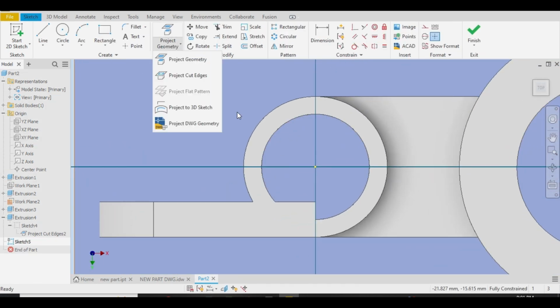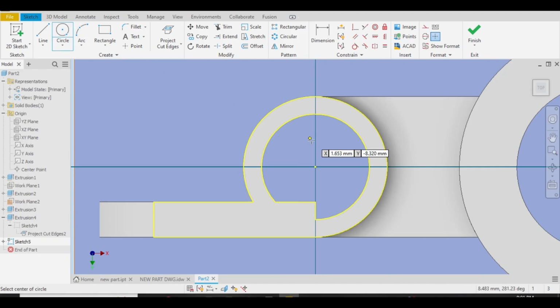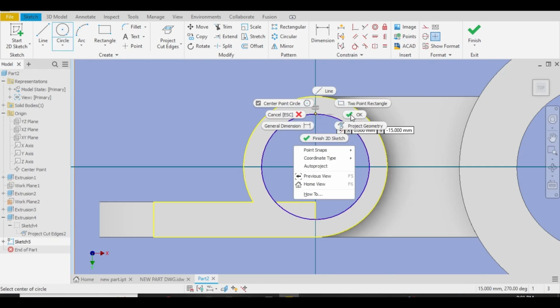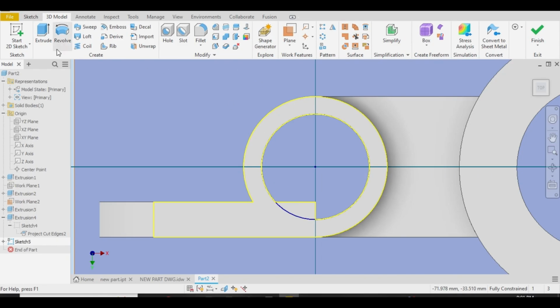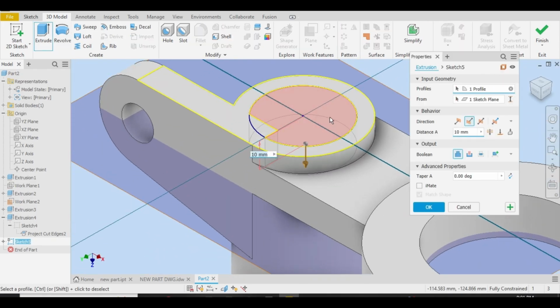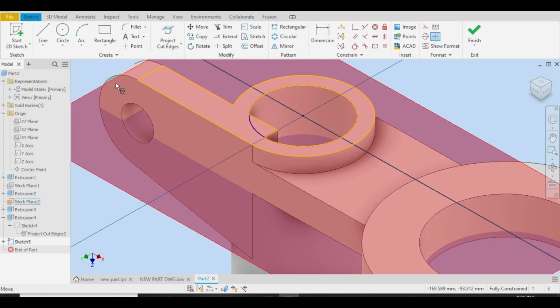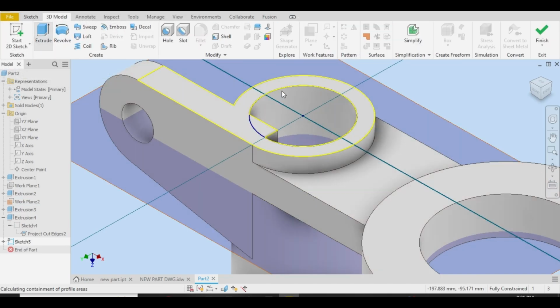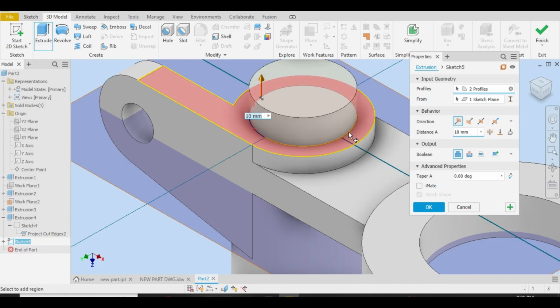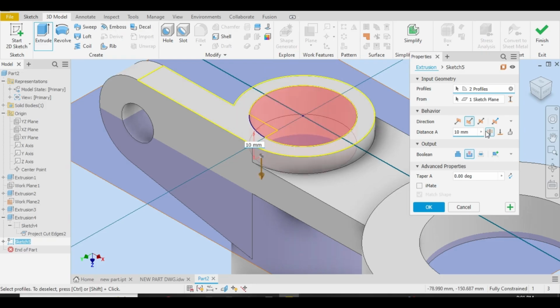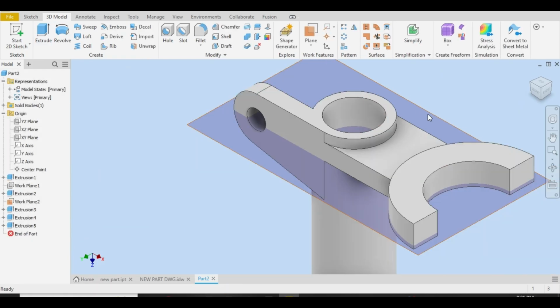We want to clear the hole. Let me project cut edges. Let me draw a circle like this. Go to the 3D model, select extrude, select this face, cut, through all and select. Let me cancel. Select extrude again, this and this, cut and through all. Let me select OK. Now let me select this extrusion, this whole part and the inside hole to another side,